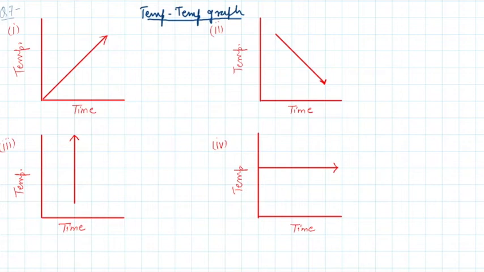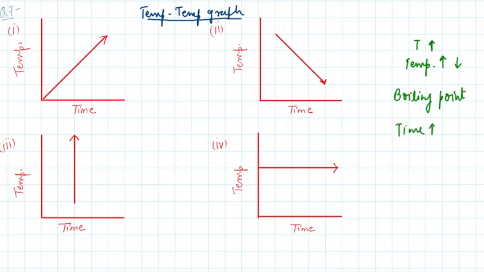As we know, we have studied in physics also, as the time increases, there is always a change in the temperature. It might increase or it might decrease. Suppose in case of water, when water reaches its boiling point, what happens? Even if you increase the time, what will happen to the temperature? Temperature will be constant because water has already reached its boiling point. So with the increasing time, once the water has reached the boiling point, the graph will be flattened.